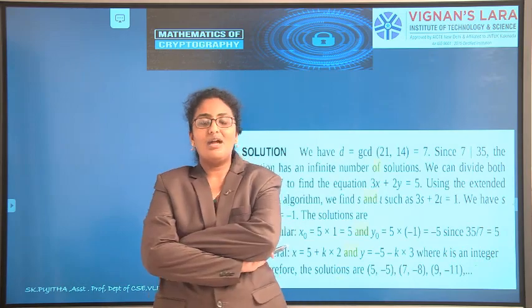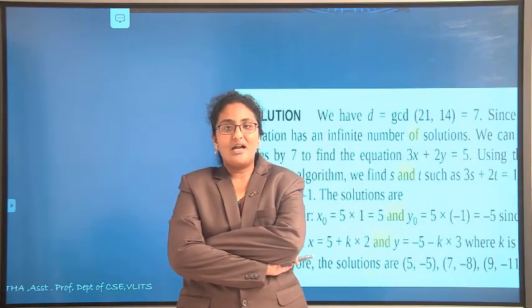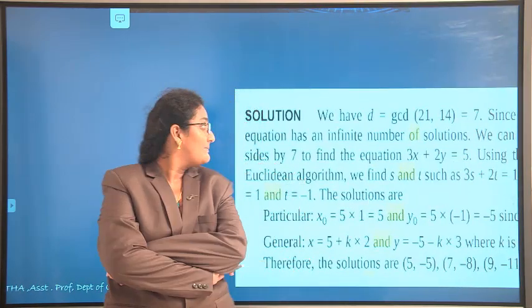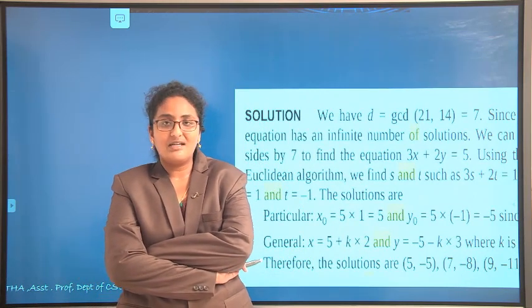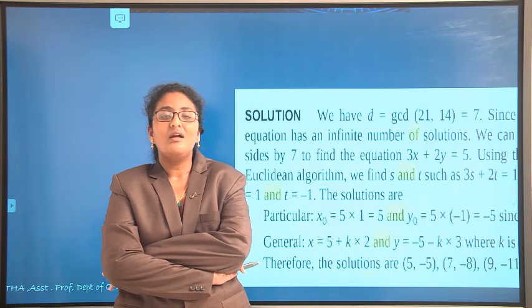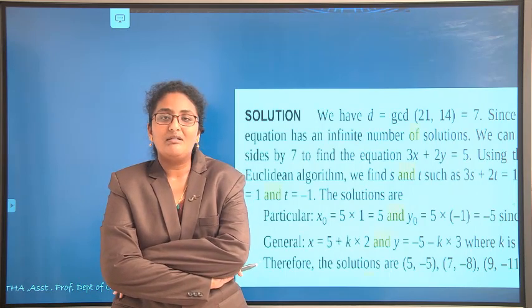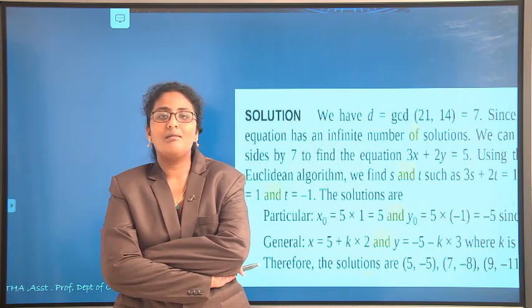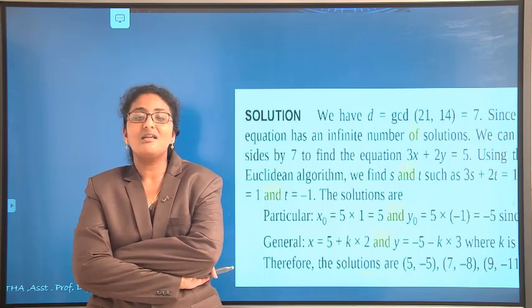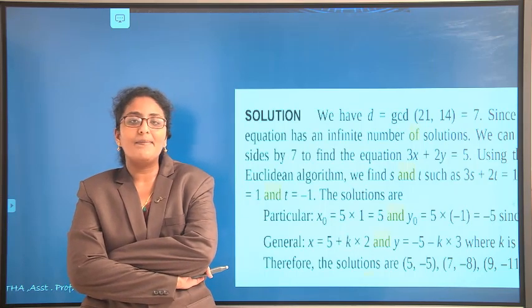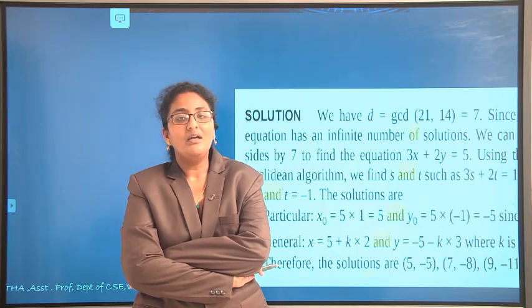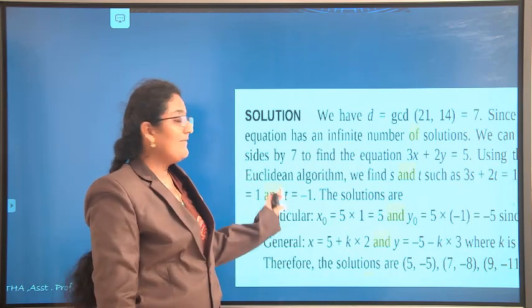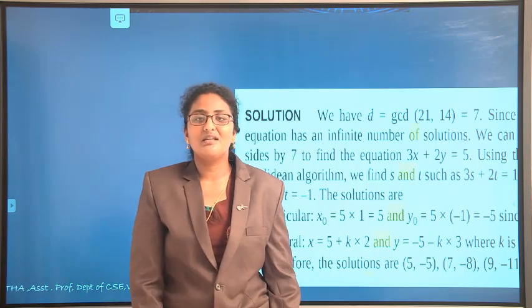So let us see what we have discussed today. We have started the mathematics of cryptography. We discussed about integers, divisions, division rules, Euclidean algorithm, extended Euclidean algorithm, and using all these things, finding the GCD, examples for that, and finally linear equations. Using all these things we have solved. So continuation we will see in the next class.